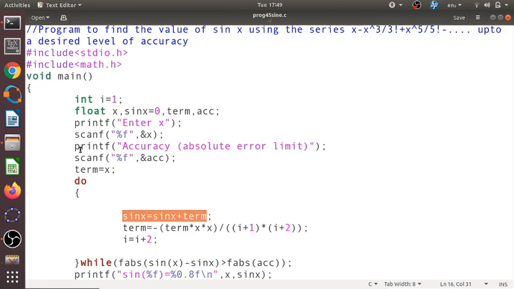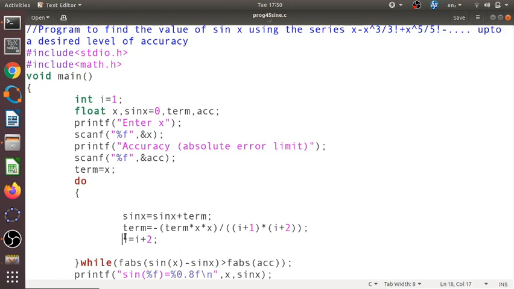Then you see that each term is obtained from the previous term by multiplying by minus x square by 2 into 3, the second term. Then the third term is obtained by multiplying the second term by minus x square by 4 into 5.